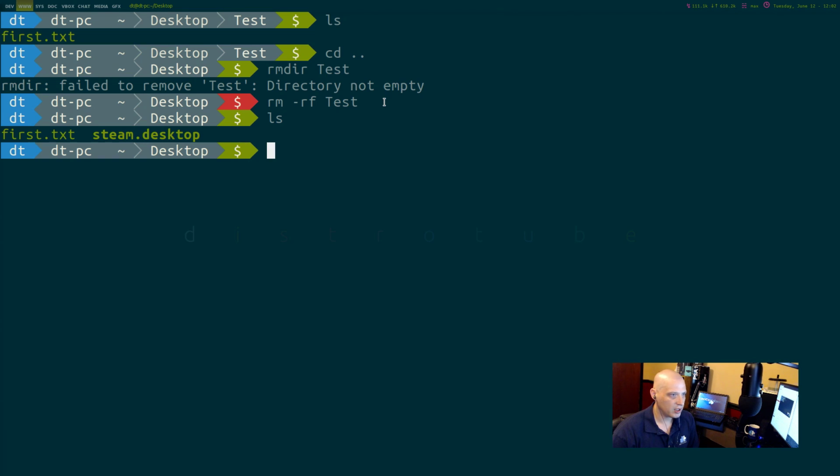If instead of what I just did, rm -rf test, what if I did rm -rf root? Well, your machine just got blown away. Or rm -rf home, the path to your home directory. All your home user data is gone. You're never getting it back. It's not in a trash bin. You can't go retrieve it. So rm -rf, use that thing with extreme caution.